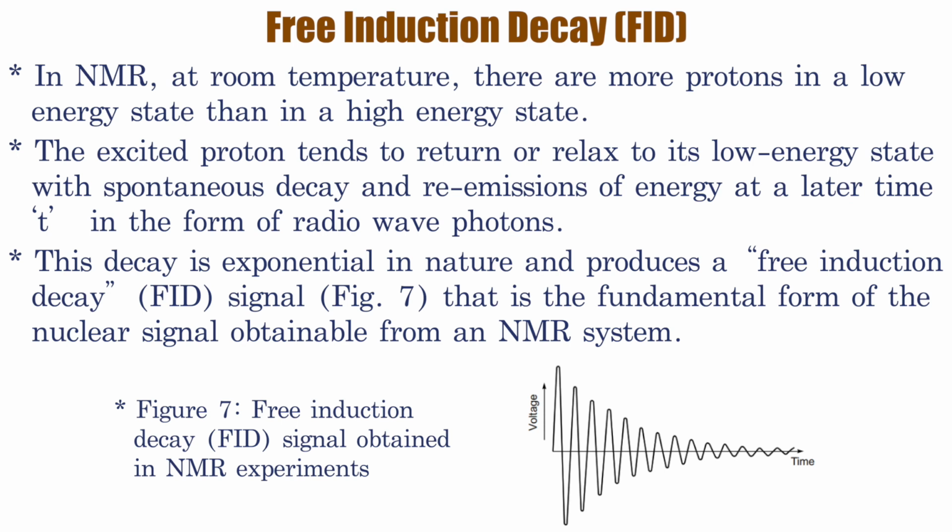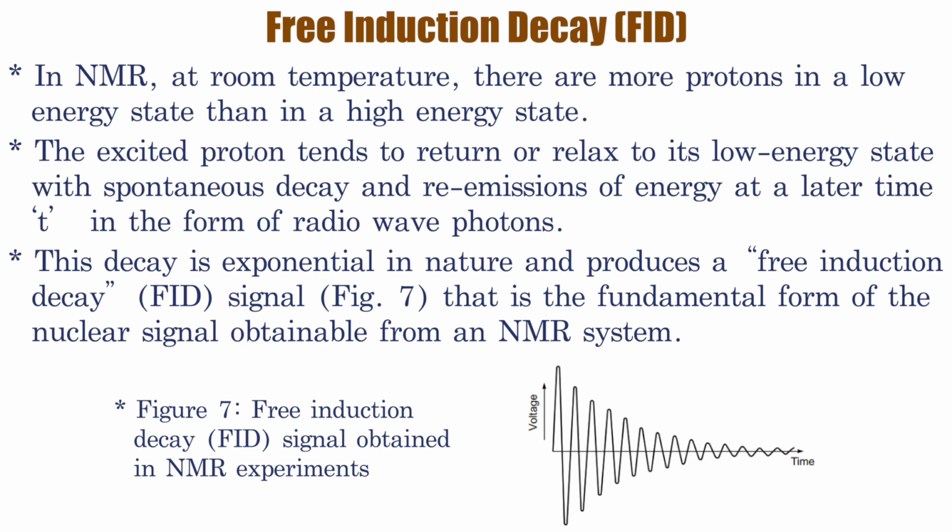This decay is exponential in nature and produces a free induction decay signal which you can see in the figure 7, and this FID is the fundamental form of the nuclear signal obtainable from